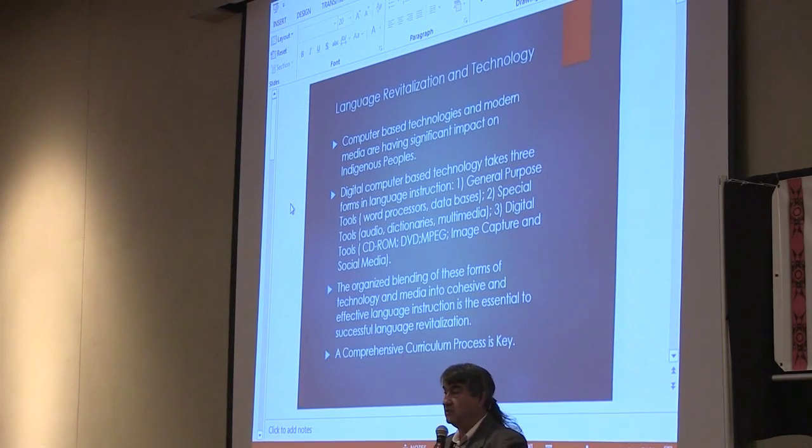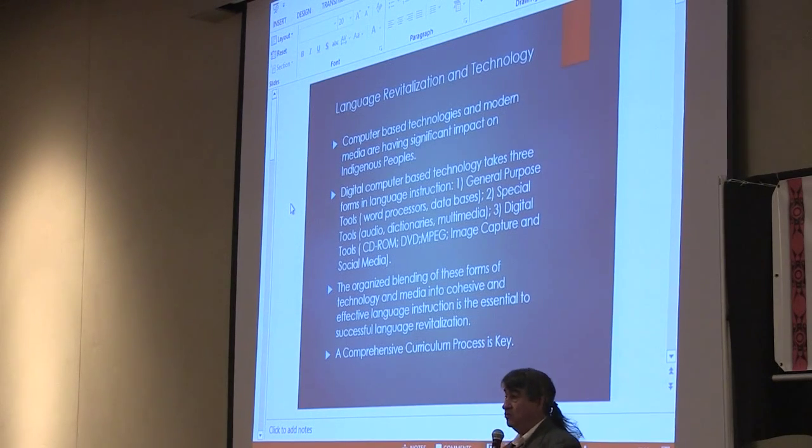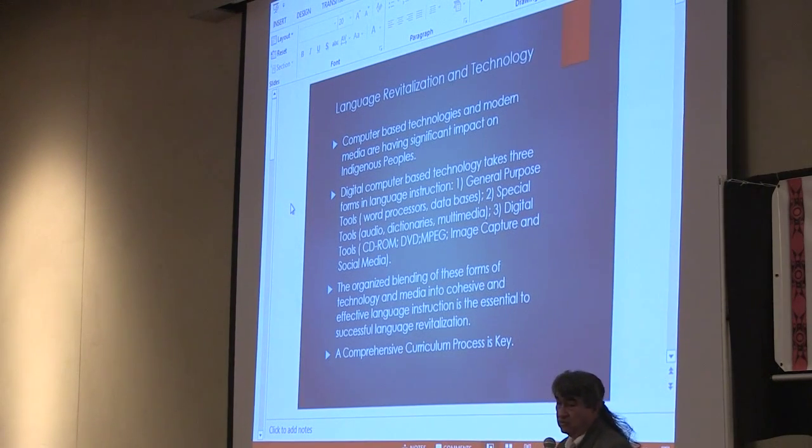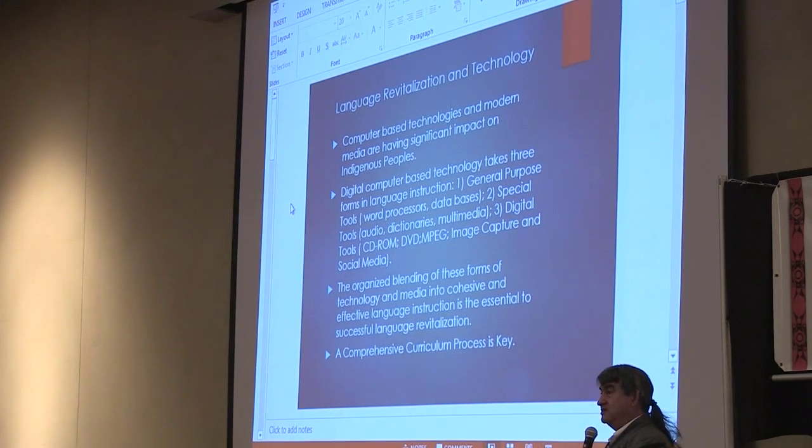I have to face the reality that young people learn differently than I learned, and that I now have to begin to develop and see what kinds of technologies, what kinds of methods I can use to begin to engage young people today in the kind of learning that is necessary for language instruction. And so that's where I now say technology is a tool that we can use. It's something that we can learn to use.